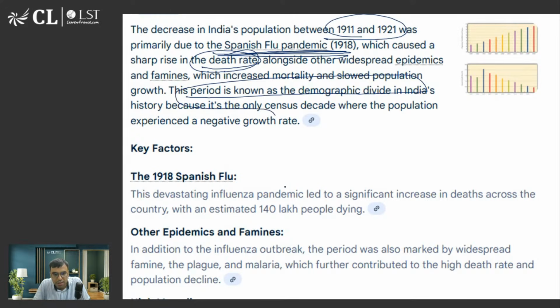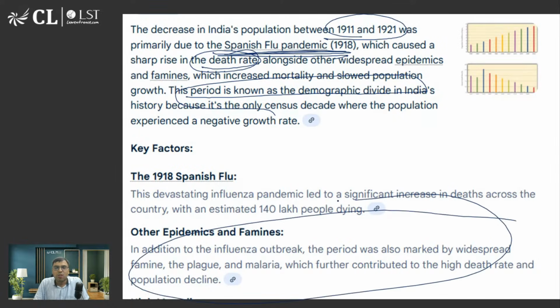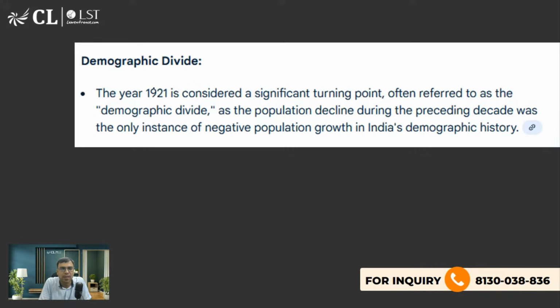Okay. That is what you should be knowing. Okay, and it is marked by these things. और flu आता, उसमें बहुत से लोगों की death हो गई थी. और उस टाइम पर medicines and vaccines were not much advanced. And that's why 1921 is the demographic divide. Even if the medicines were advanced, we have seen in 2021 so many deaths.